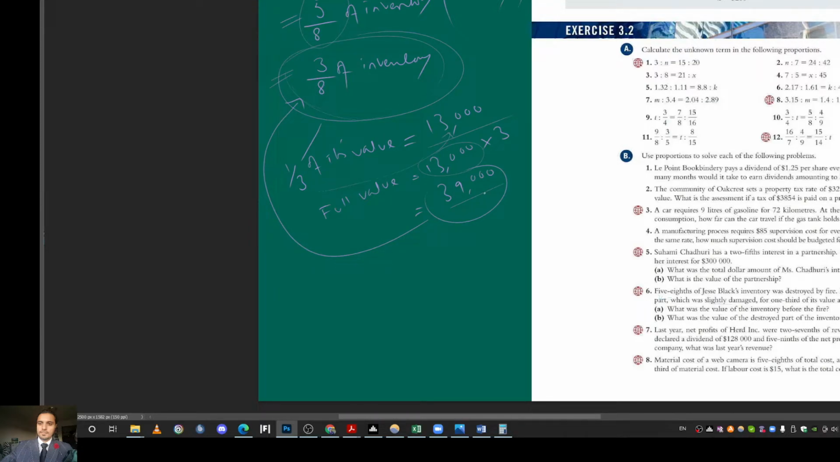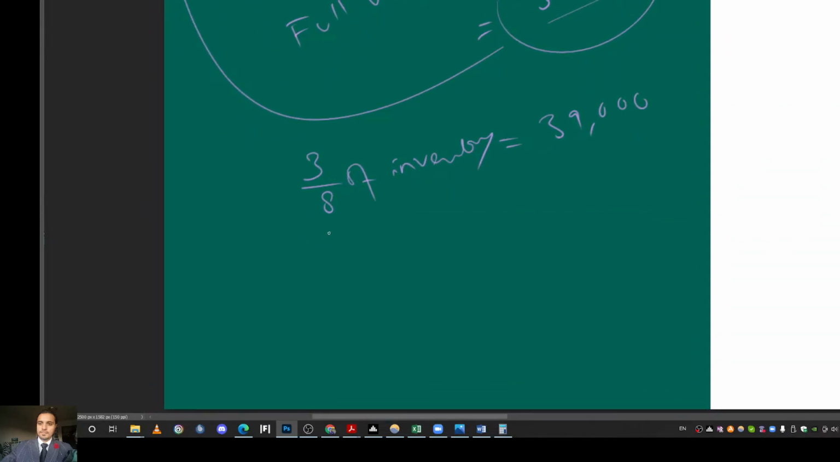Now, if 3/8 of the inventory is 39,000, then 3/8 of inventory equals 39,000. Remember, the "of" is just basically 3/8 times inventory equals 39,000. Now we can multiply by 8 on both sides, and the 8 gets cancelled, and we're left with 3 times inventory equals